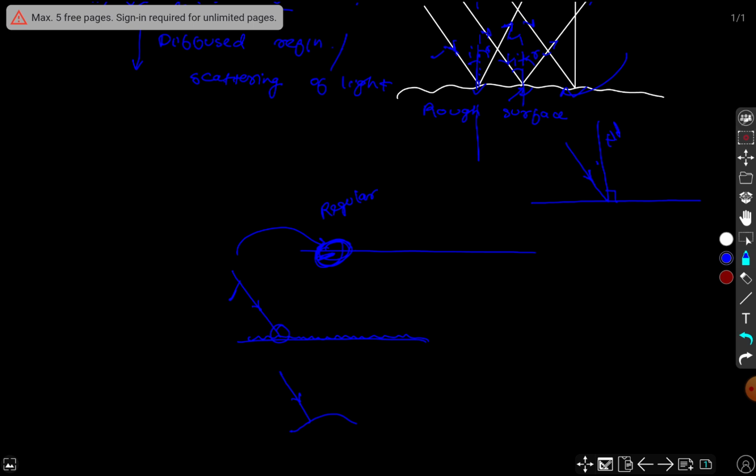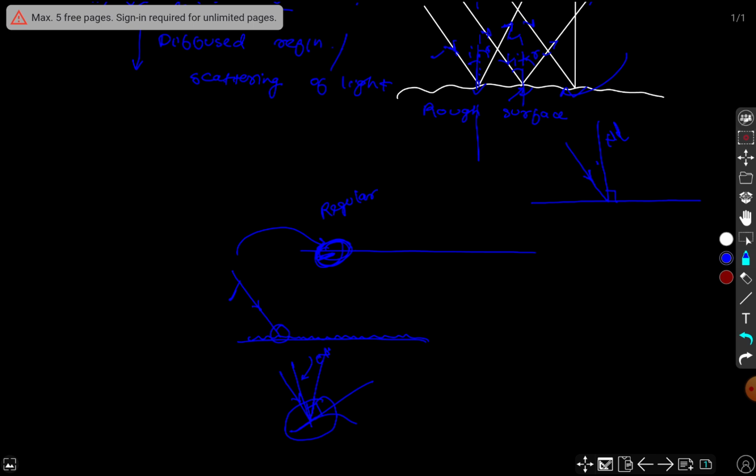But students, tell me, how will you be able to draw the normal at this point? So the answer is, draw a tangent here at this point, and at this point draw a line perpendicular to this tangent. So this will be the normal,